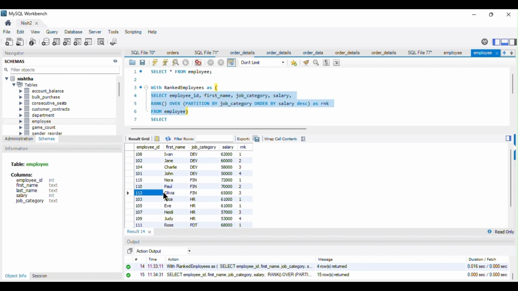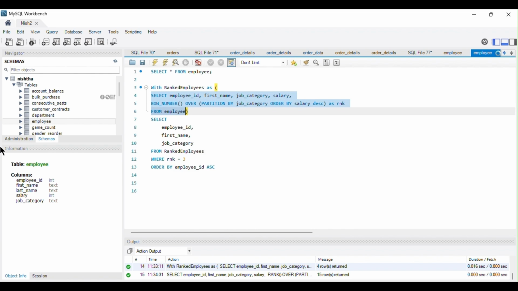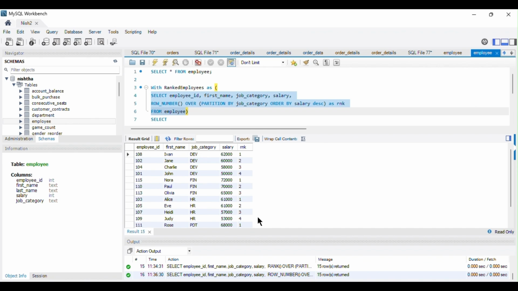Now there is one more function, that is the row number function. Let's also see that. If I apply the row number function and run this query, let's see the rankings. The row number function assigns a unique sequential number to each row without considering ties. Even if there are ties, it is not going to assign the same rank.